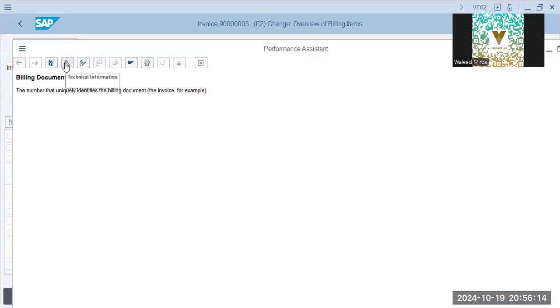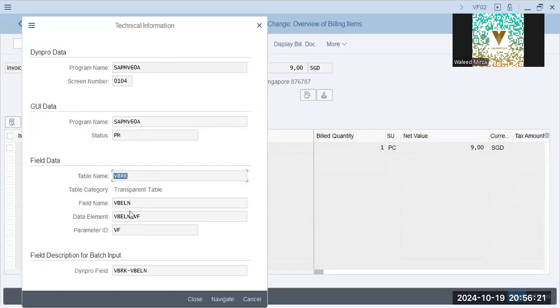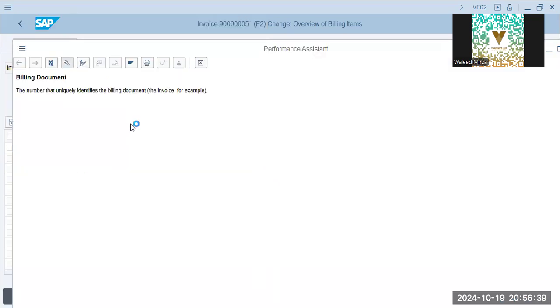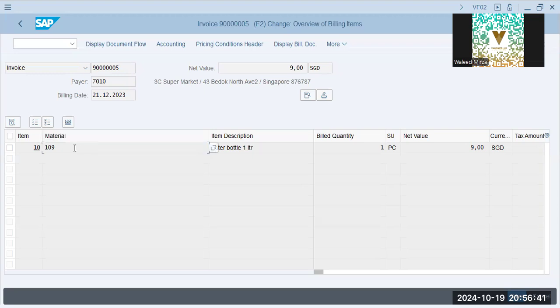Okay, from here, I will go to technical information, and this is the VBRK table, and the field name is VBELN, which is a table for this program. There can be multiple tables in access within this program. Okay, so billing document number is VBELN, billing document number. And if I click F1 over here,